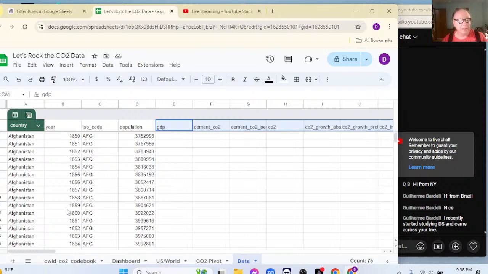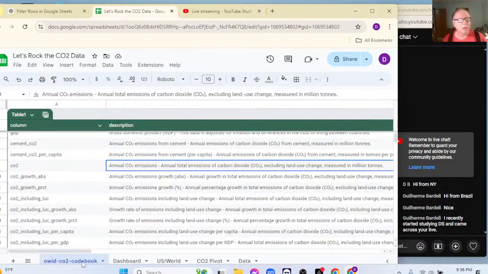So what I've done is, this is the raw data. I'll just mention again that the country column contains country names, continent names, income groups, and also a total for the world. So each row is a country and a year, and you have like 50 or 55 different CO2 measurements here, okay? Population, GDP, all right? And the cookbook gives you a list of all the